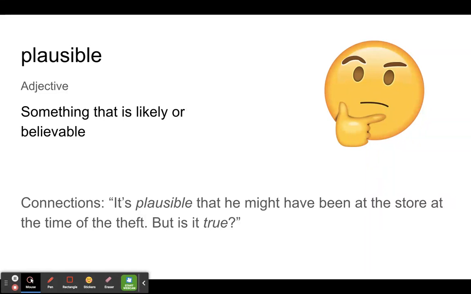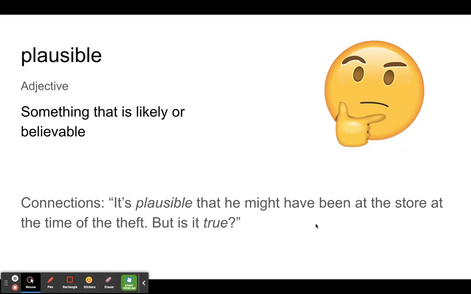Plausible: something that is likely or believable. So this thinking face guy is thinking, hey, do I think that's true? Well, it's plausible, which means it might be true. I could see it happening, but you don't necessarily have the facts to be able to say that it is true or not. It's plausible that he might have been at the store at the time of the theft, but